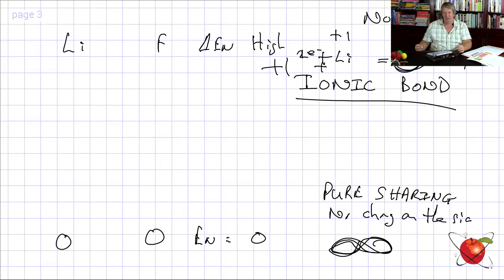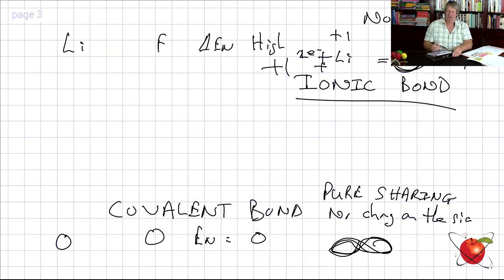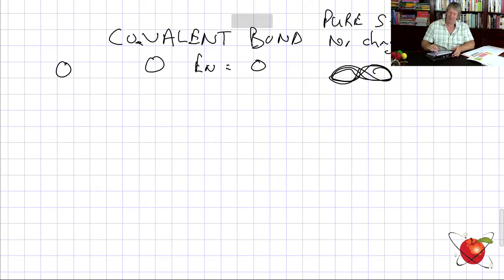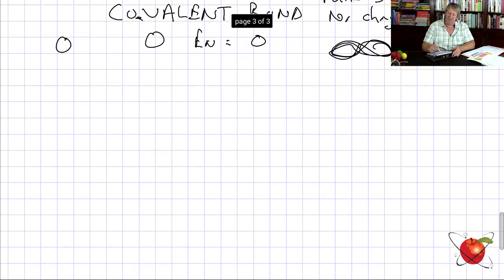The pure sharing, okay, we call a covalent bond. Why? Well, let's just have a look at this. Just split it up. Covalent. The word valent comes from valency. Okay? Okay. Let's just